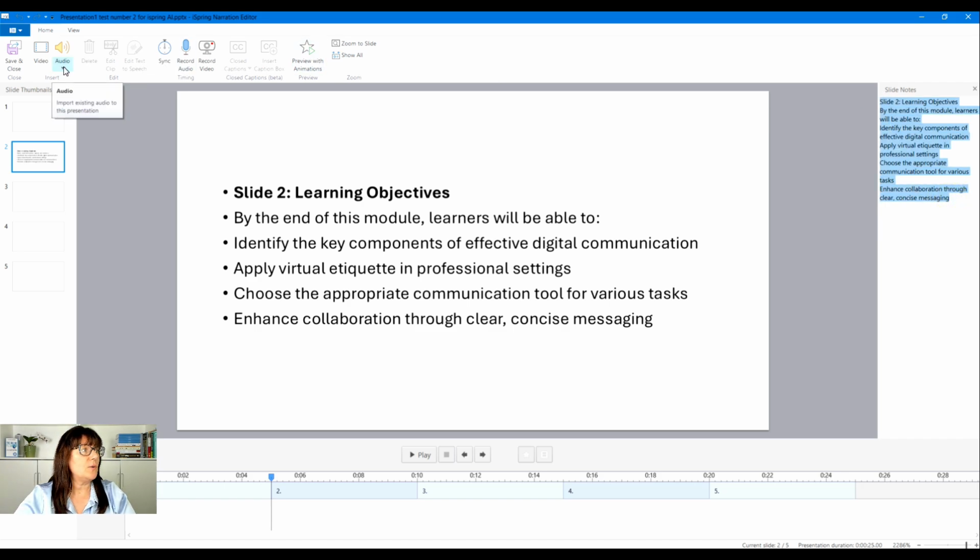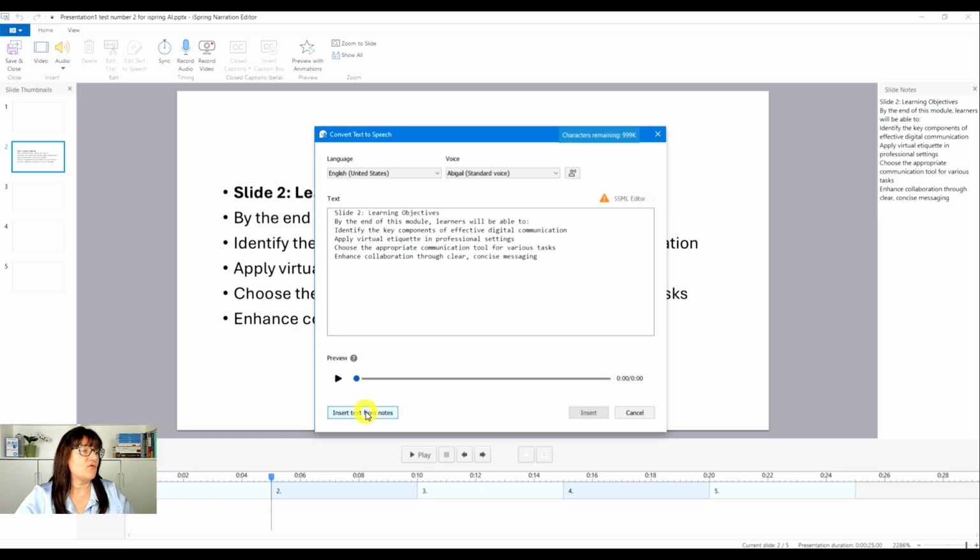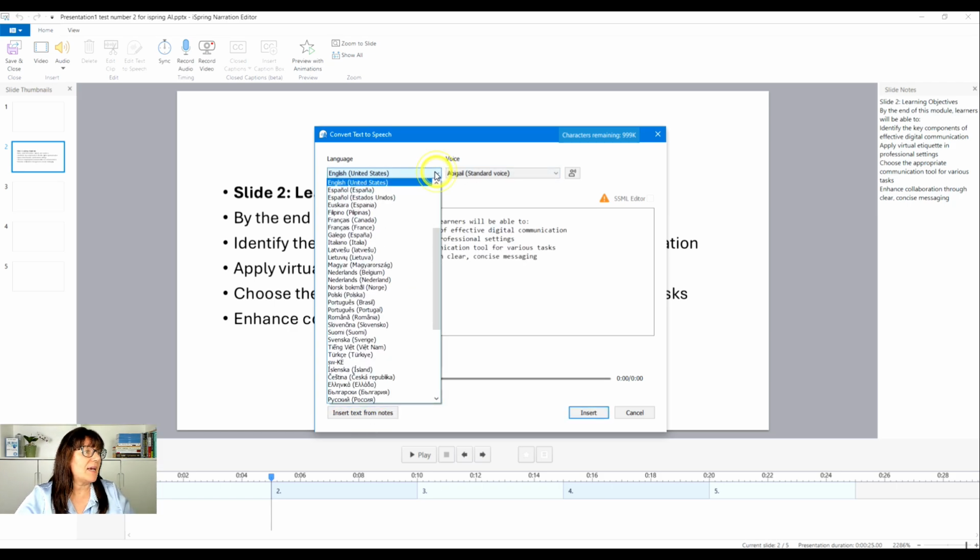Now what you can do is up at the top left there is audio. It's the third one in. We'll go to the drop down, and then from text to speech, or you might have a file with the content for the whole course. But taking it into segments is a good way to go forward. Insert text from notes, or you can have copied already text that you want to drop in there. So let's say insert text from notes, which saves you a step, and then you can pick what language,